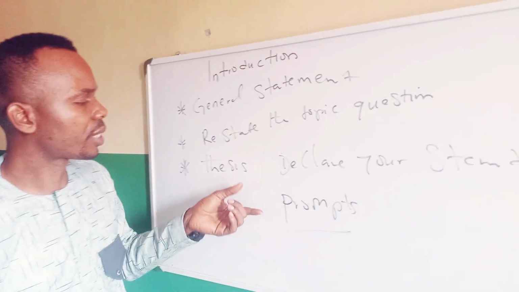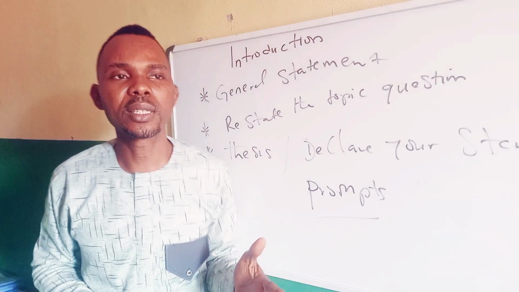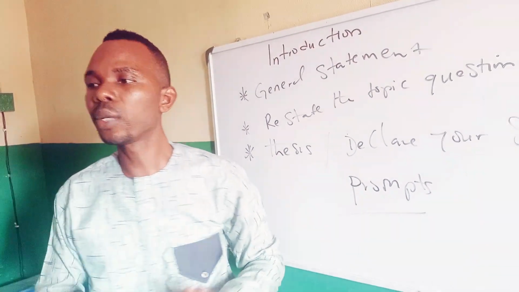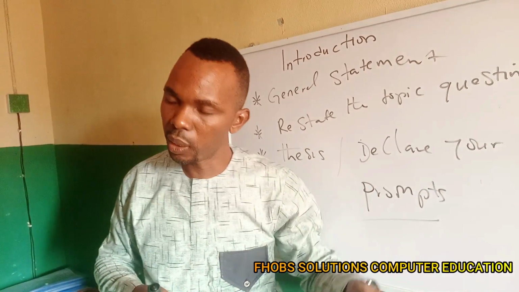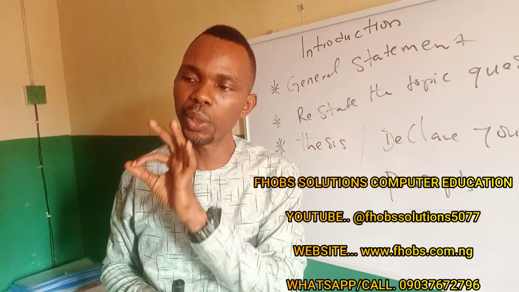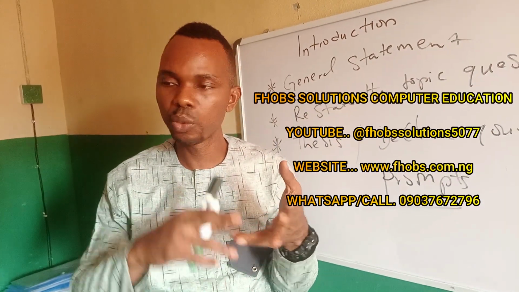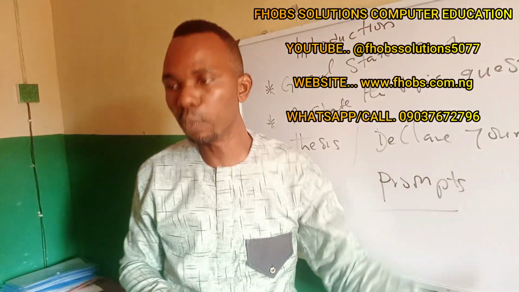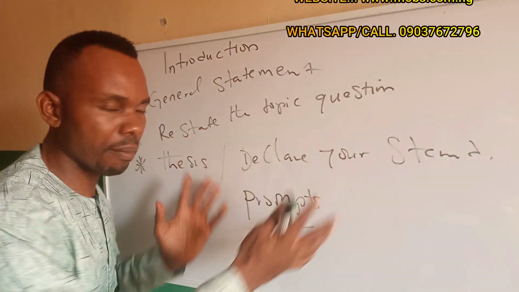All right? If it's a question that has to do with opinion, the examiner will say something like, some people are of this opinion, while others are of this opinion. Write on both views, and then give your own opinion. So you are going to be doing 3 things: talk about opinion 1, talk about opinion 2, and then give your opinion. But at times, your own opinion can be one of the opinions.